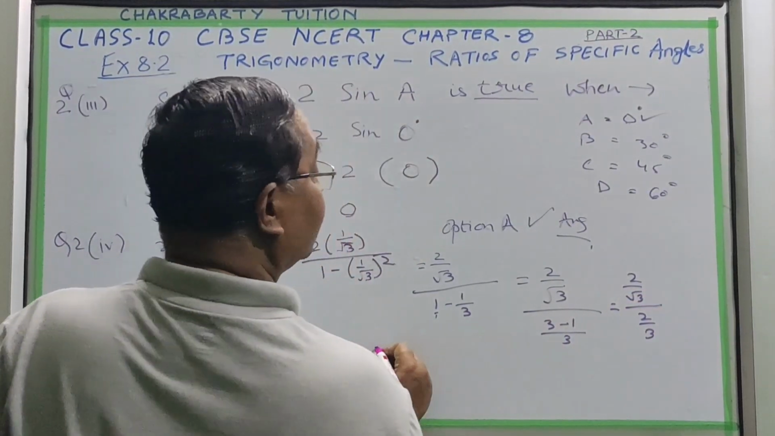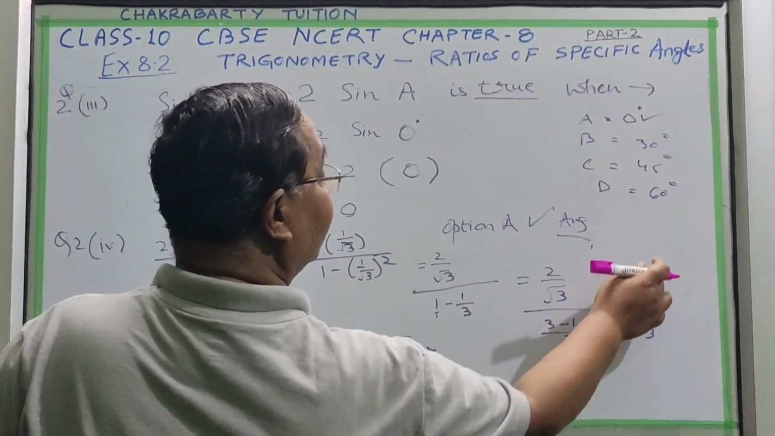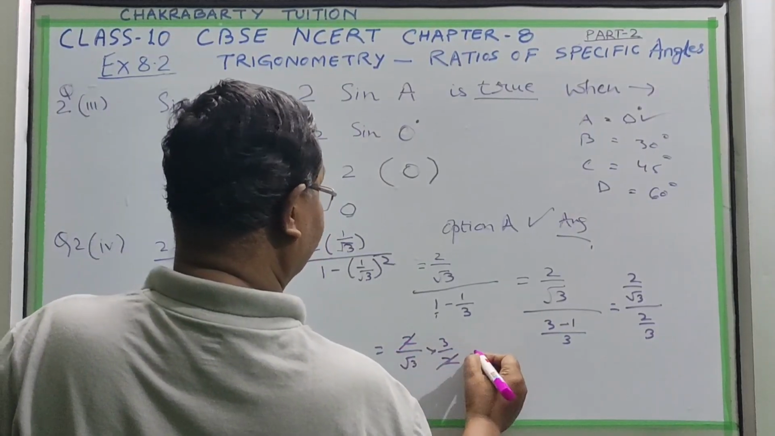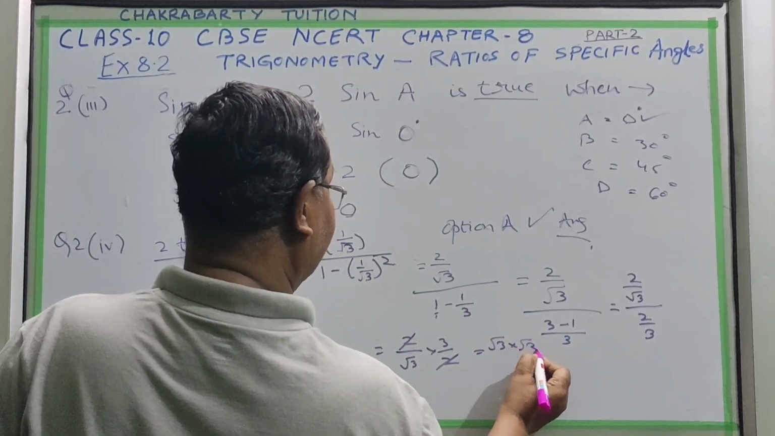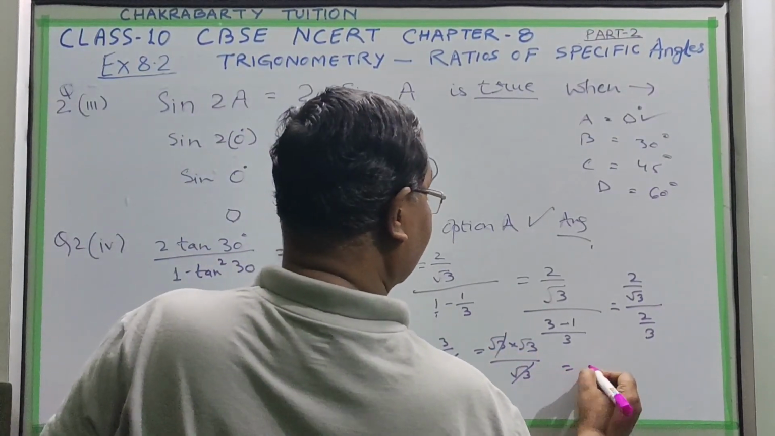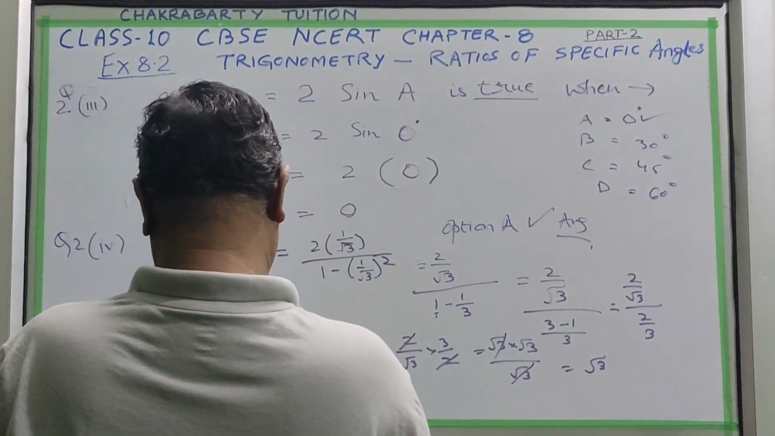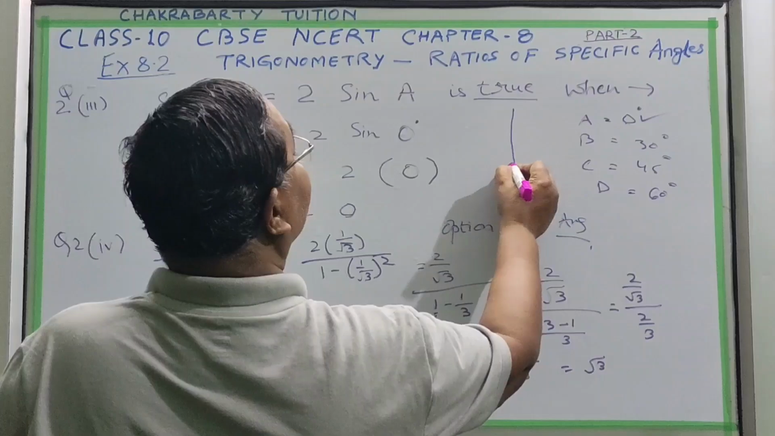So what we can do, 2 under root 3, and this figure we will take to the upper side. 3 upon 2, this we can cut. And this 3 we can write as 3 into under root 3 upon under root 3. So this also we can cut. So what will remain? Under root 3 will remain. Under root 3 is equal to